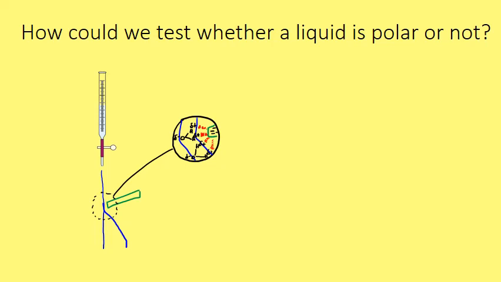But in order to do a control test, we'd have to do another test, let's say with a non-polar liquid. So let's say instead of water, in this one we might have something that we don't think is polar, which would be hexane. And so let's draw our hexane in purple instead. We let the hexane come out the bottom of the burette, and it travels directly down,